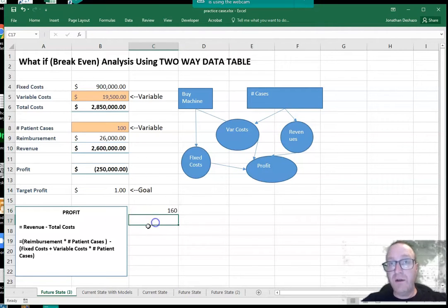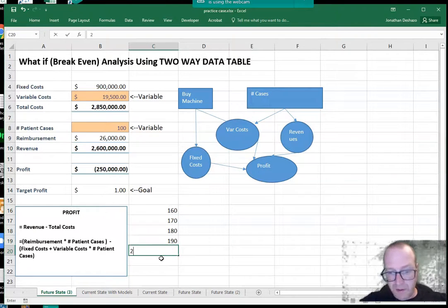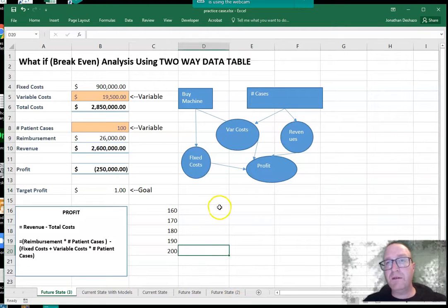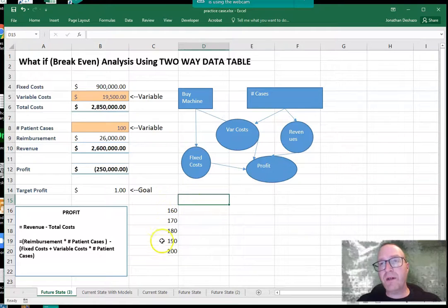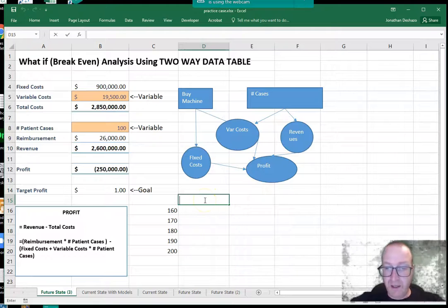160, 170, 180, 190, 200. So I'm just skipping by 10, and you can do whatever you like. And then that's a column of those, and we want a row of variable costs to try. And so I'll try